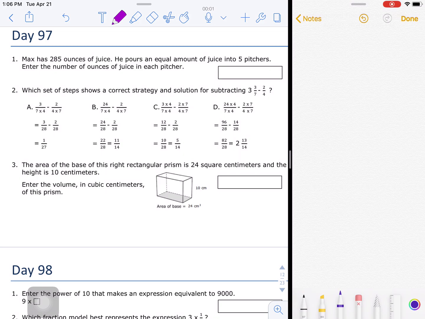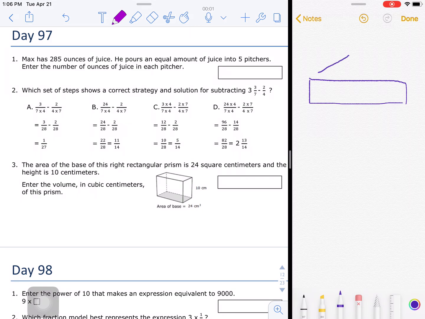So whenever we have a math problem, we want to focus on what do I know? And in this case, we know that Max has 285 ounces of juice. So I'm going to draw a tape diagram that shows what he has, and we're dividing or splitting what he has into 5